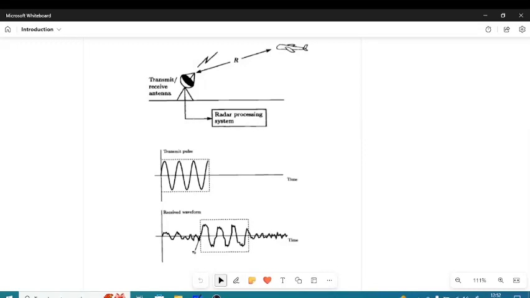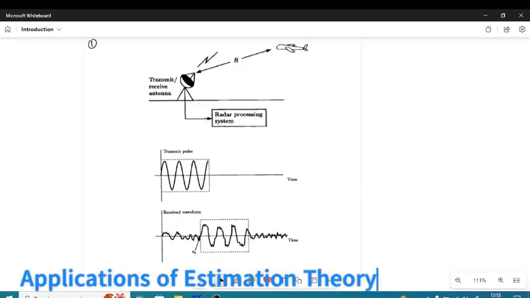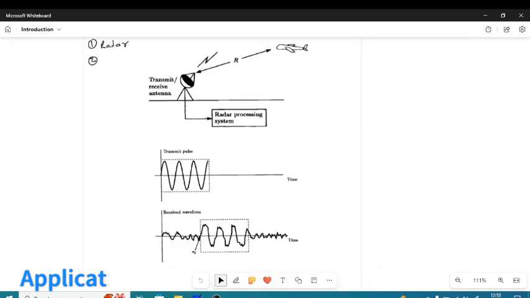So let's start with the introduction of signal processing estimation theory. I will give some applications of estimation theory. So the first application is radar. The second application is sonar,